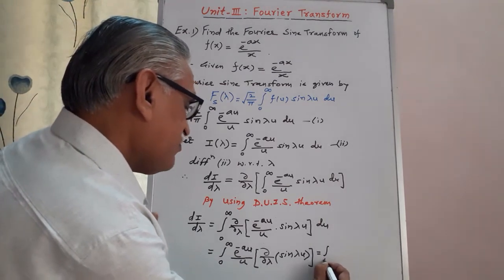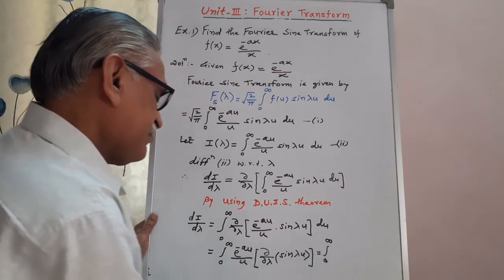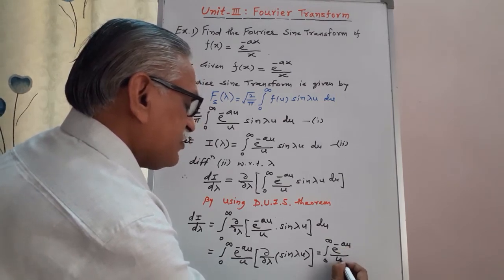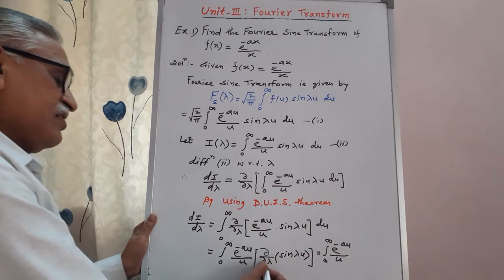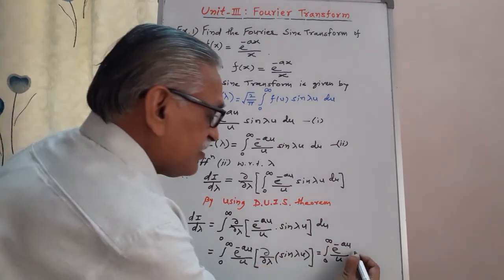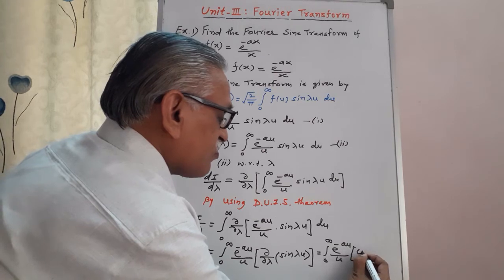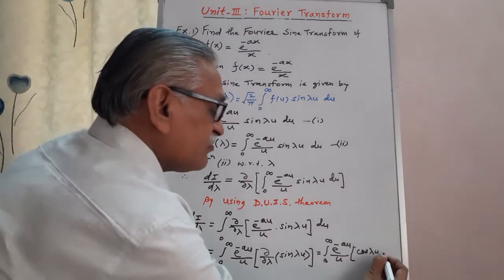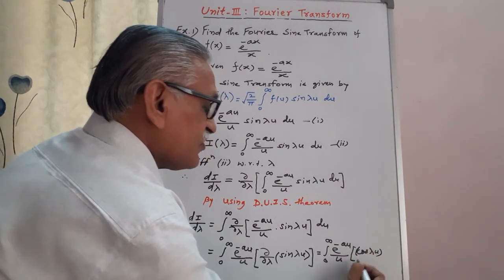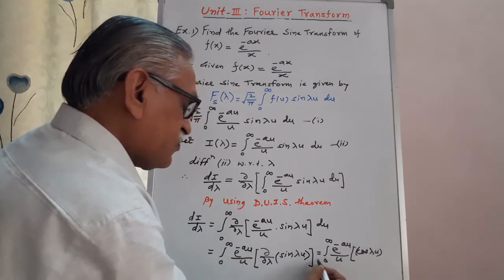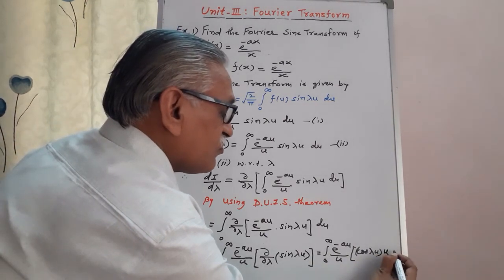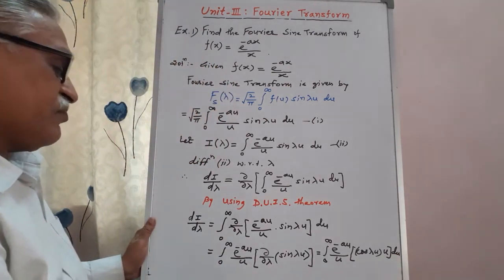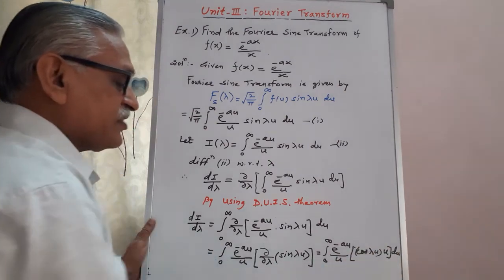It is integration from 0 to infinity e raised to minus au divided by u as it is. The derivative of sine lambda u with respect to lambda: derivative of sine is cos of lambda u, and by chain rule, the derivative of lambda u with respect to lambda is u, and then its integration with respect to u. This u gets cancelled, and therefore we have